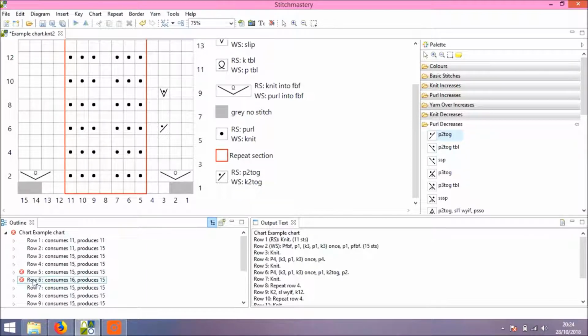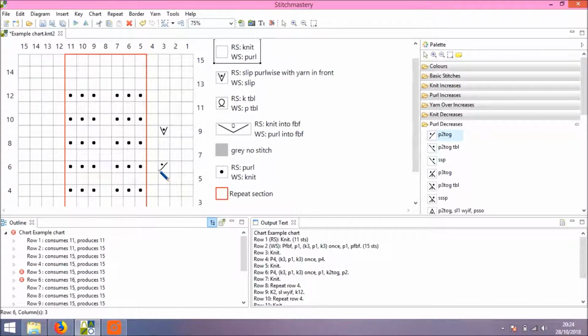So at the moment the chart is showing my row 5 consumes 15 and produces 15, but in order to work my row 6 I would need to have 16 stitches, and as you can see I'm not starting that row with 16 stitches, I'm starting it with 15 stitches. I have two options. I can add an extra increase, or I can just change this one to a knit, and automatically the validation feature corrects itself.